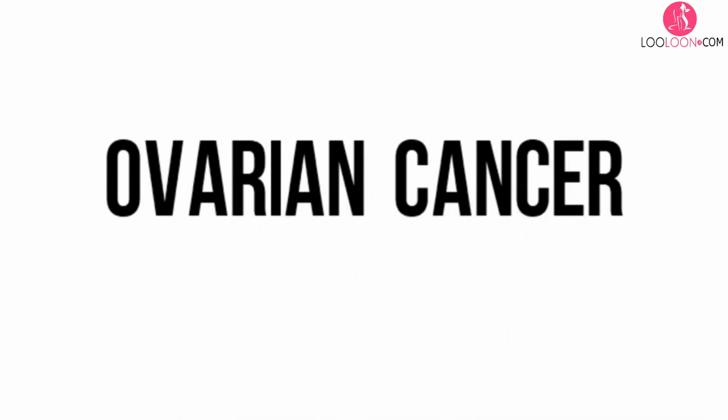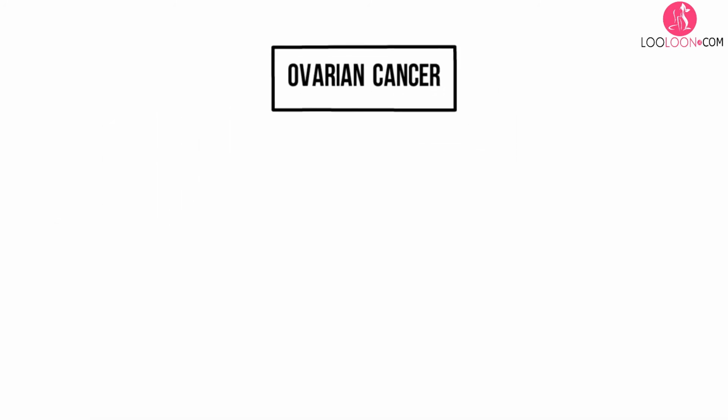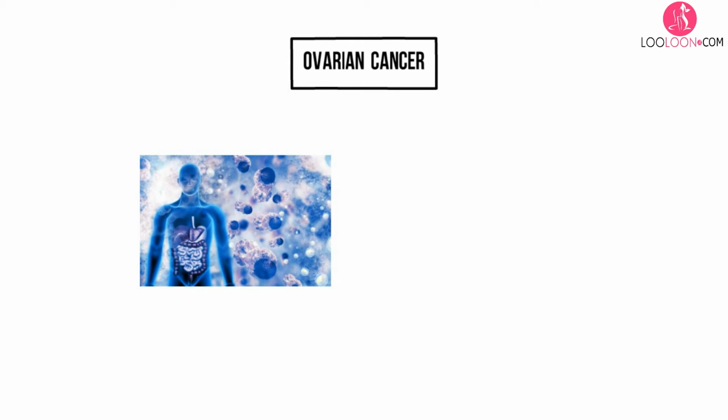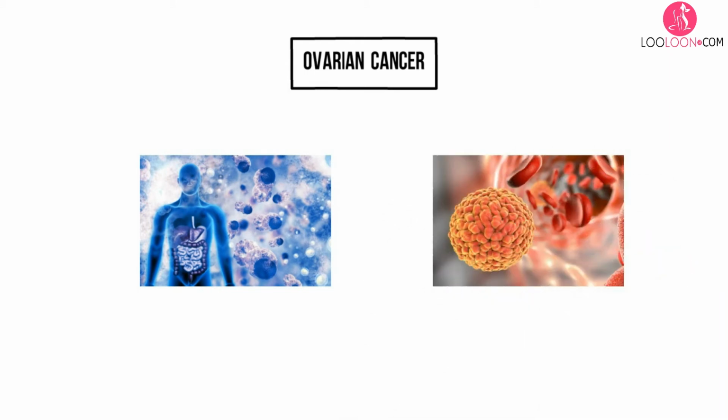Ovarian cancer is a cancer that forms in or on an ovary. It results in abnormal cells that have the ability to invade or spread to other parts of the body. When this process begins, there may be no or only vague symptoms. Symptoms become more noticeable as the cancer progresses.